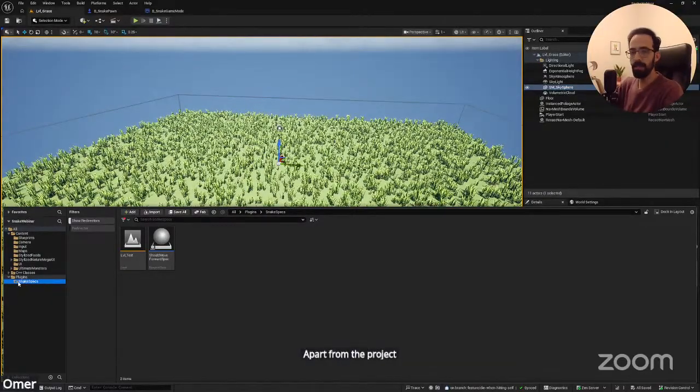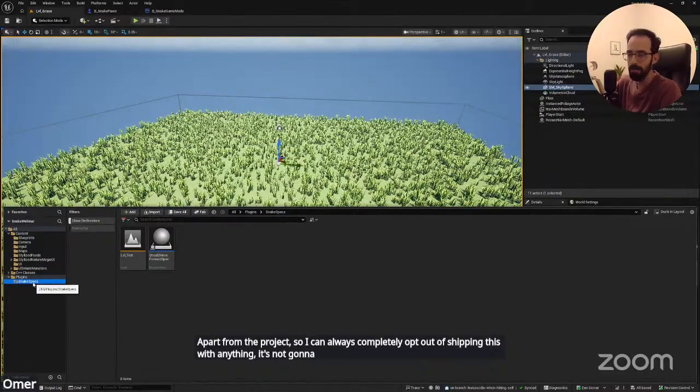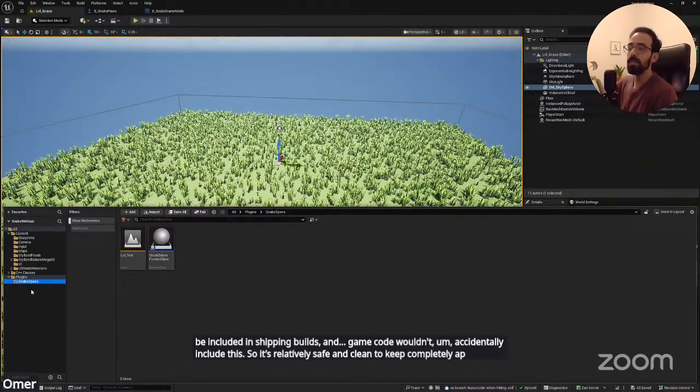And the role of this plugin is to hold the automated tests apart from the project. So I can always completely opt out of shipping this with anything. It's not going to contaminate anything, and this won't be included in shipping builds. And game code wouldn't accidentally include this. So it's relatively safe and clean to keep completely apart. And I'm using this, if you decide to look more into this,